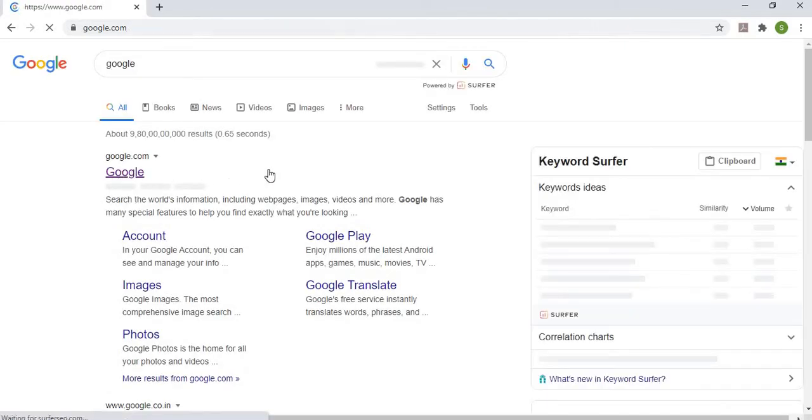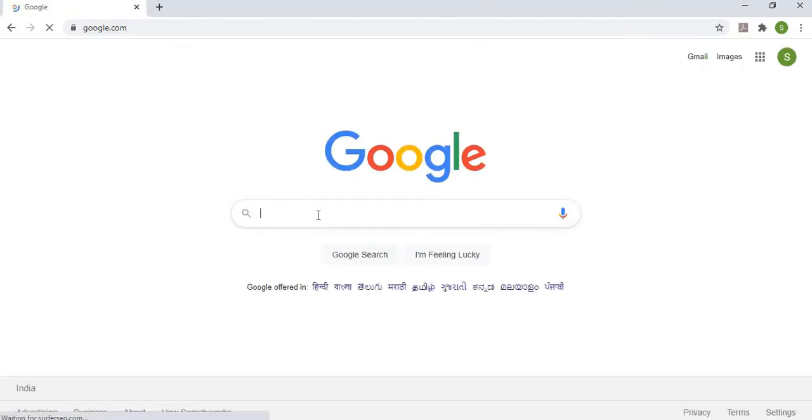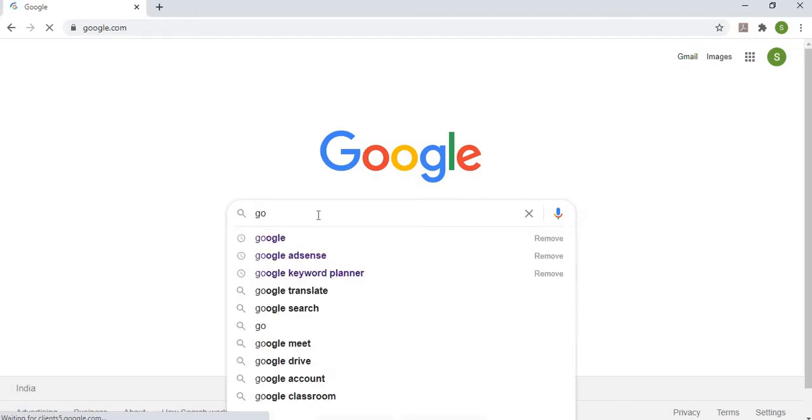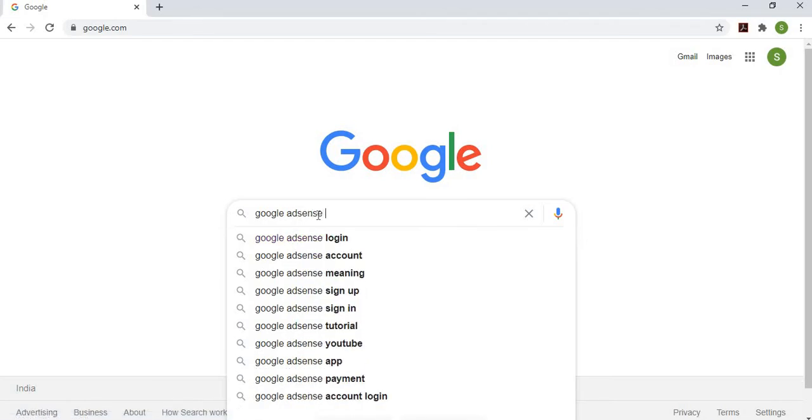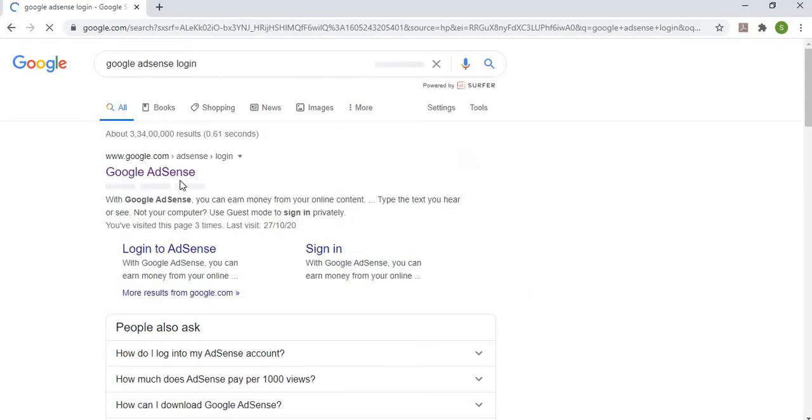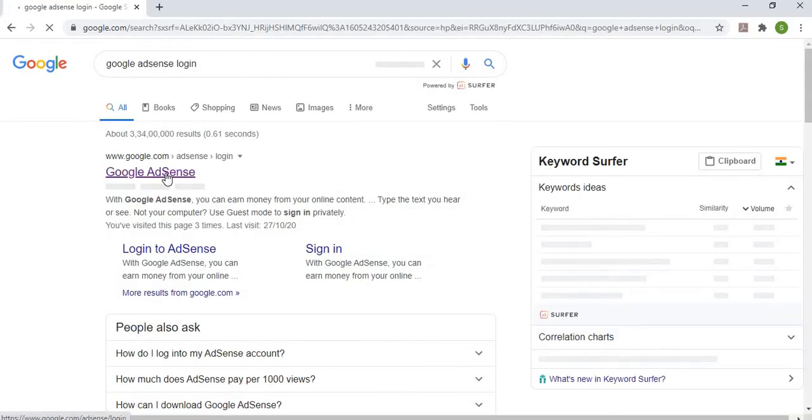Now here you can search Google AdSense login. Then the top option is for the login of the Google AdSense.